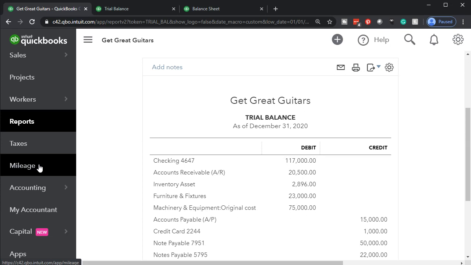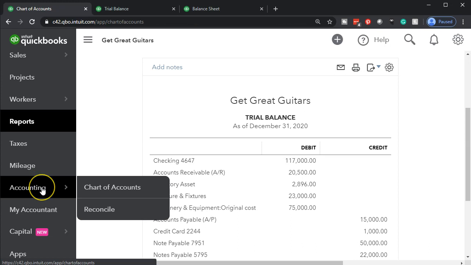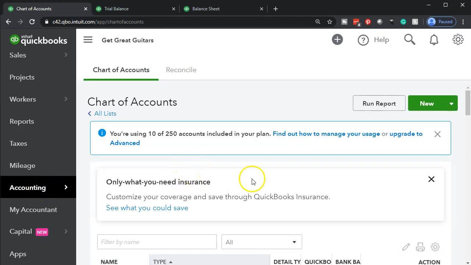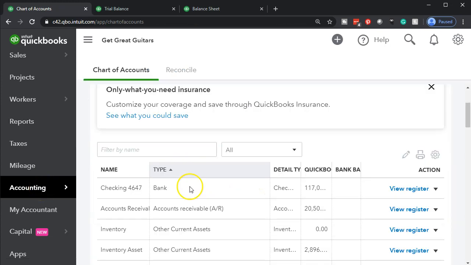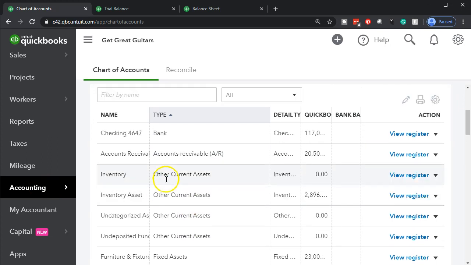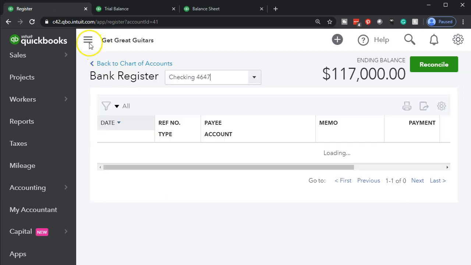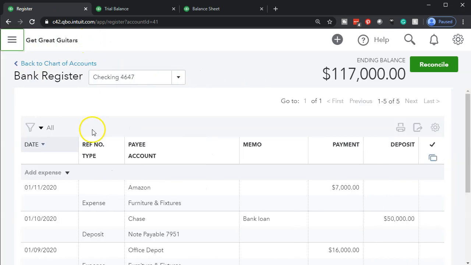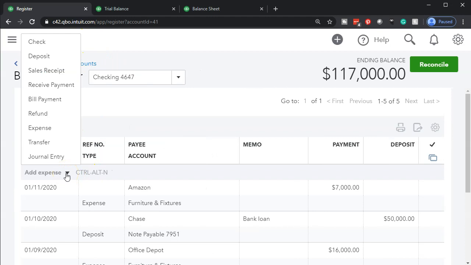To me, it's a little bit easier to see and recognize to just put transactions that are just affecting the cash going up and down directly into the register. So I'm going to go to the accounting down below. We're in our chart of accounts. I'm going to be looking into the cash account up top. We're going to be opening up the register. I'm going to close the hamburger so we have a little bit more space to work in. I'm going to select the drop down, and then we can pick the appropriate type of form. Once again, I'm going to be using the expense form here